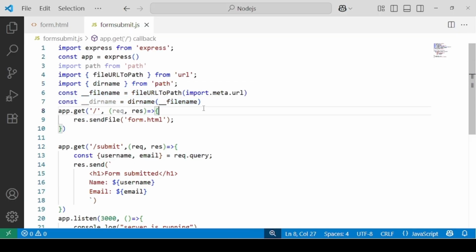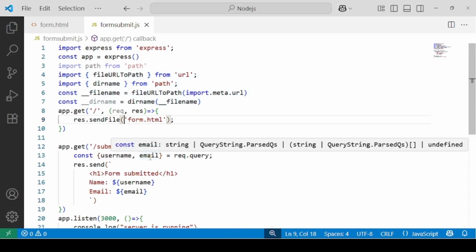The actual point is that when we use CommonJS, means when we use the require method, we don't have to utilize all these. In that, the __dirname function is present by default. So now we are using the ES6 way of importing the module, so we will have to utilize all these lines of code. Okay, so still it's not yet done.